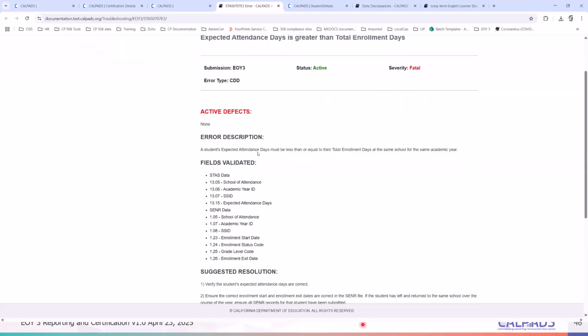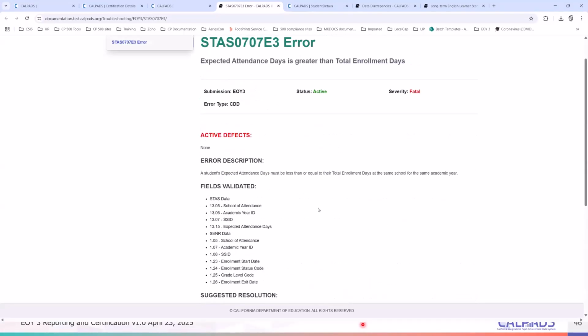The error description: a student's expected attendance days must be less than or equal to their enrollment days at the same school for the same academic year. Meaning your attendance days should be shorter than the total calendar days based on the enrollment start date. So that's how it is computed.